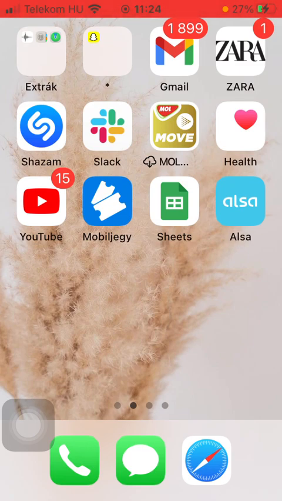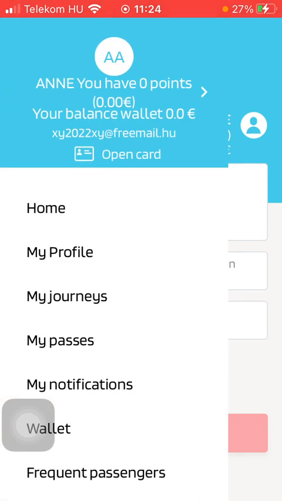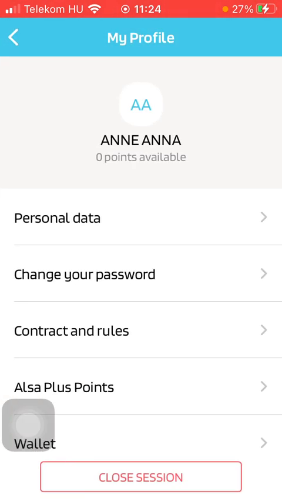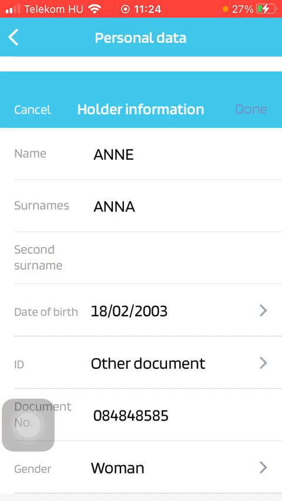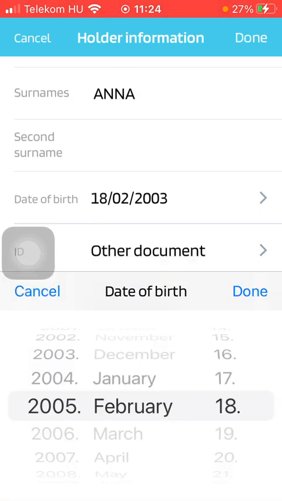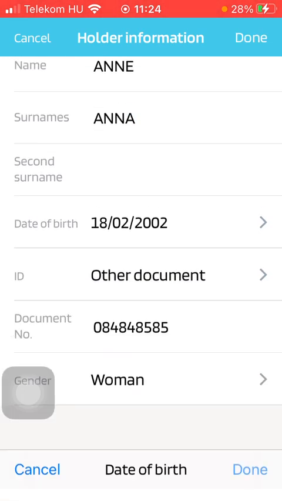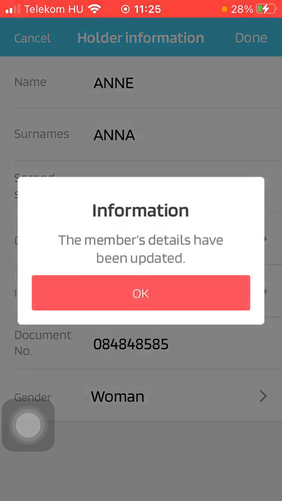First of all, open the app on your phone, then tap on this menu icon in the upper left corner of the screen. Click on my profile. After that, tap on personal data, click on holder information. In this section you can type in your name, then your date of birth can be selected, your ID number, and then click on the done button in the upper right corner of the screen to save this information and